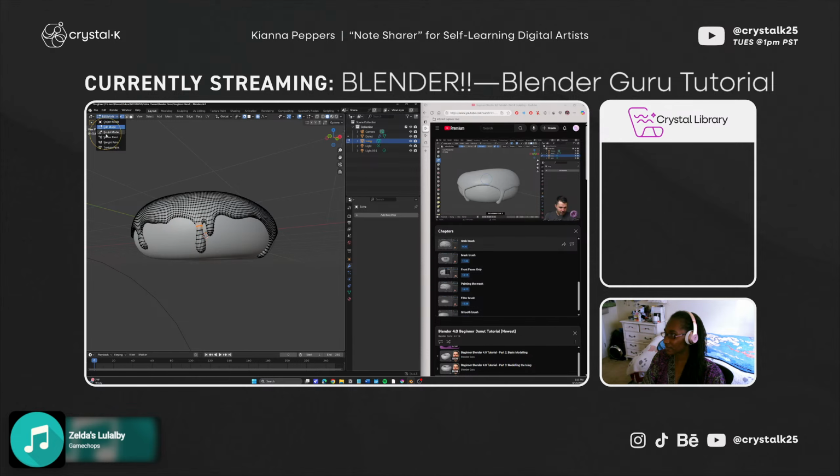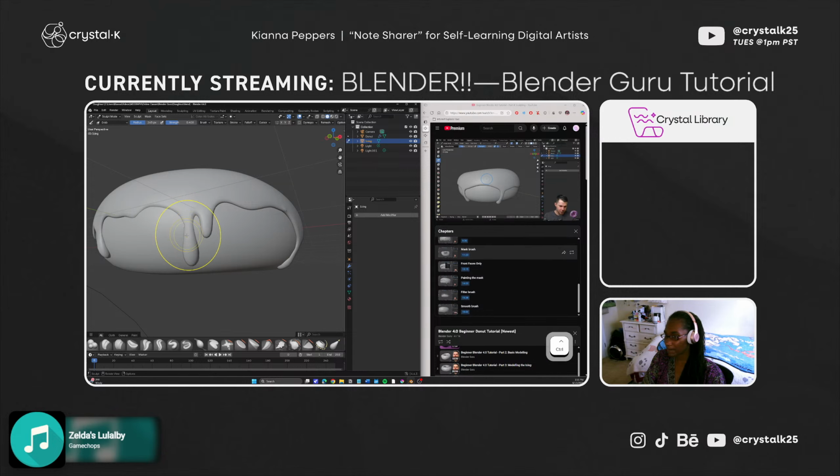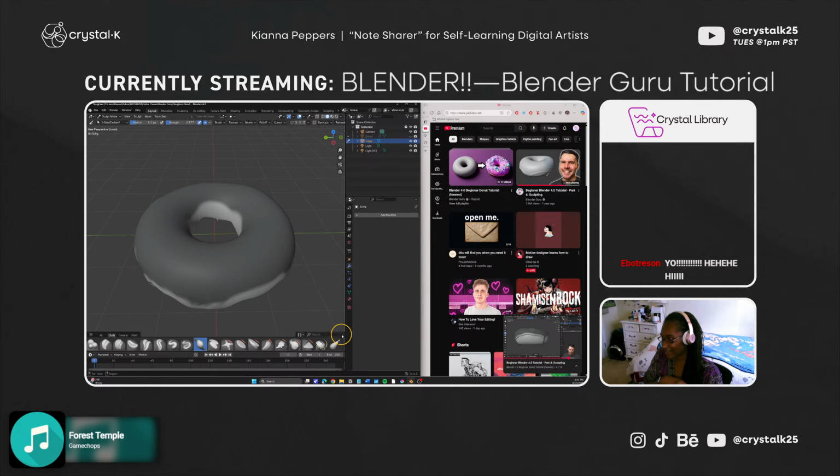So let's go back. We can learn about another tool. It's another excuse to learn about another tool, and that tool is called the mask tool. So it's actually in the list here, but I never remember what it is. You just hit M for mask, and it's this one. And what